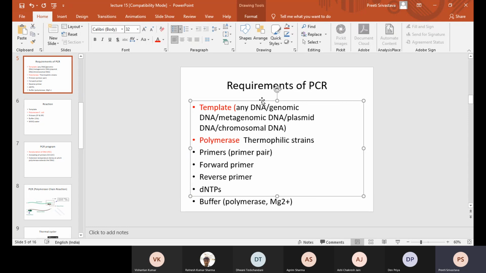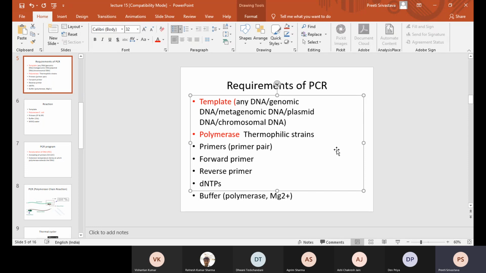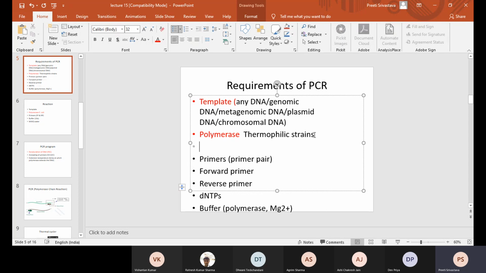Thermophiles are the bacterial strains which can grow at higher temperatures. So the bacterial strain that is used is actually Thermus aquaticus, right?